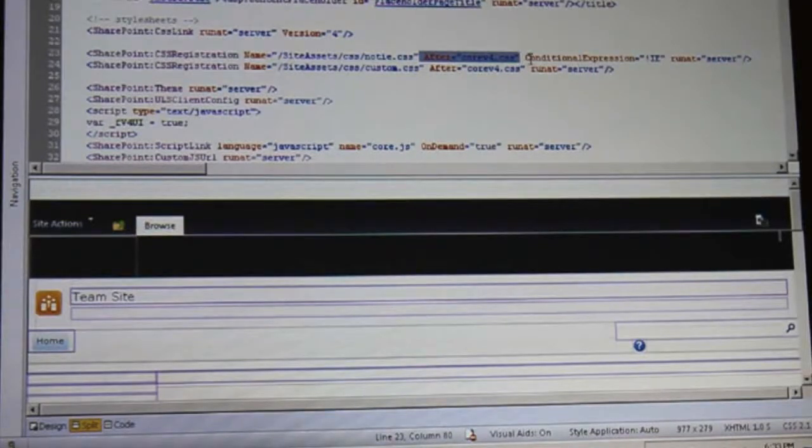It's very nice, actually, because in 2007, when you were referencing CSS files, they would usually get overwritten by the core.css. And a lot of times you had to hack it by putting an exclamation mark and important in the CSS to override all the other references. With this, you don't have to do that hack. You can actually say after core.v4.css. You could even say, in this example, where we have our custom reference, I could even say not IE. What that means is after not IE, that CSS file,